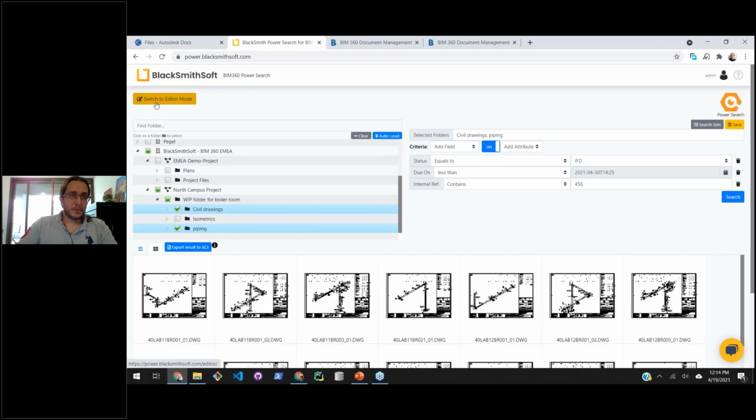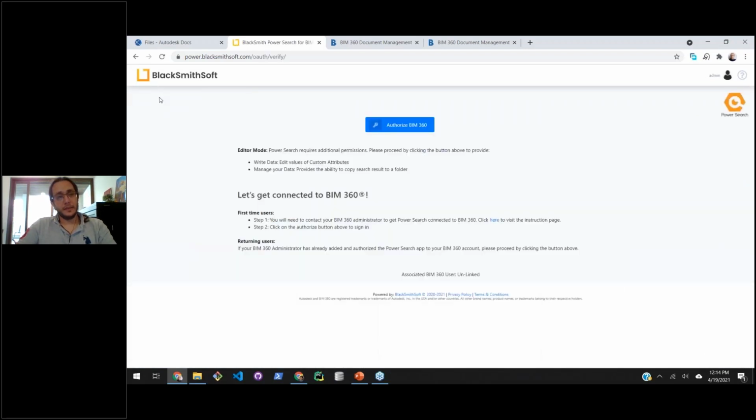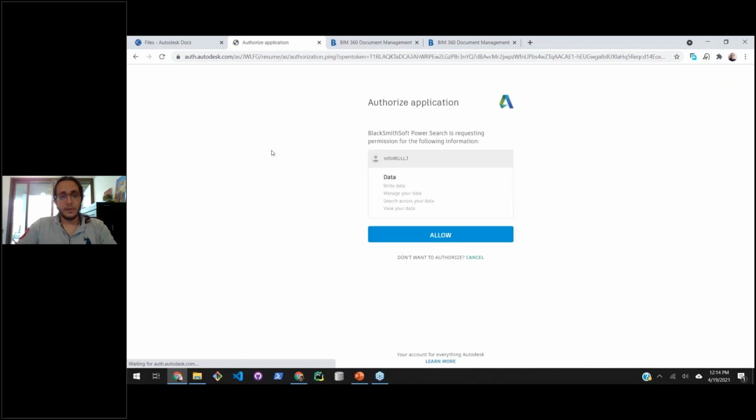So for this, I'm going to switch to editor mode to show you how we simplify editing the data that you have. You can edit on BIM 360. Once I switch to editor mode, it will ask me for two additional permissions: to write data, which is used to write the custom attribute values to edit them, and to manage your data, which provides Power Search the ability to copy search results from one folder to another. Once I go ahead and authorize it,